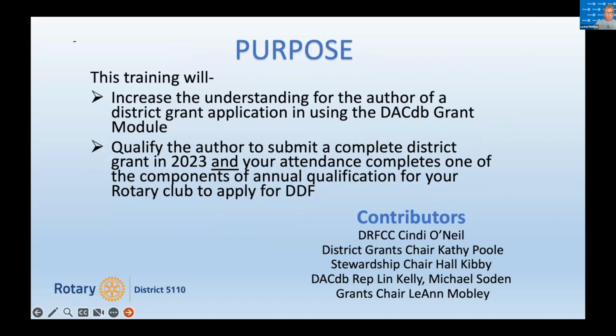So really what our intent today with this training is to increase the understanding of the person writing the district grant application, how to use the grant module. That's why Lynn and Michael are with us. And that by attending the session or listening to it, viewing it in its entirety as a recording, then the